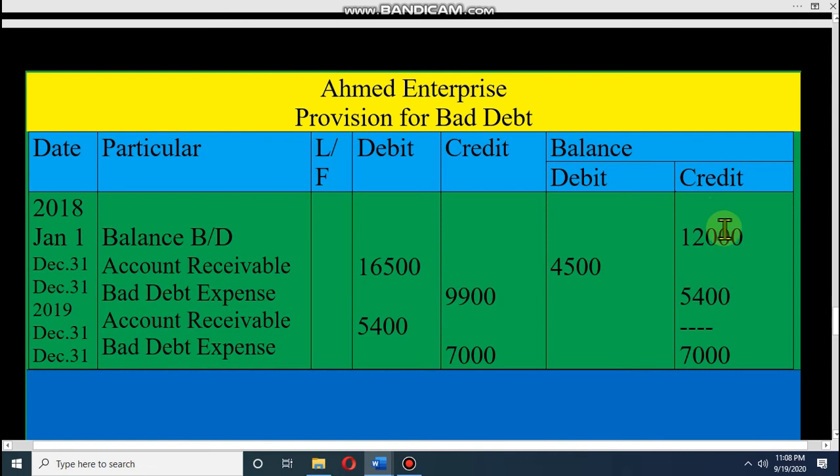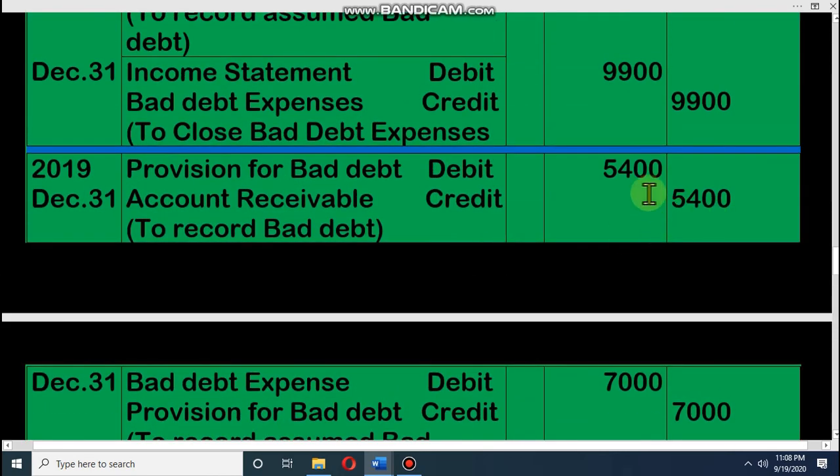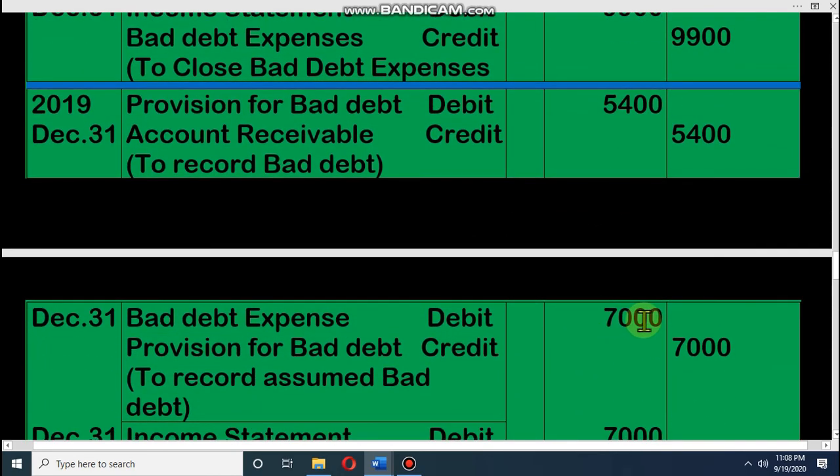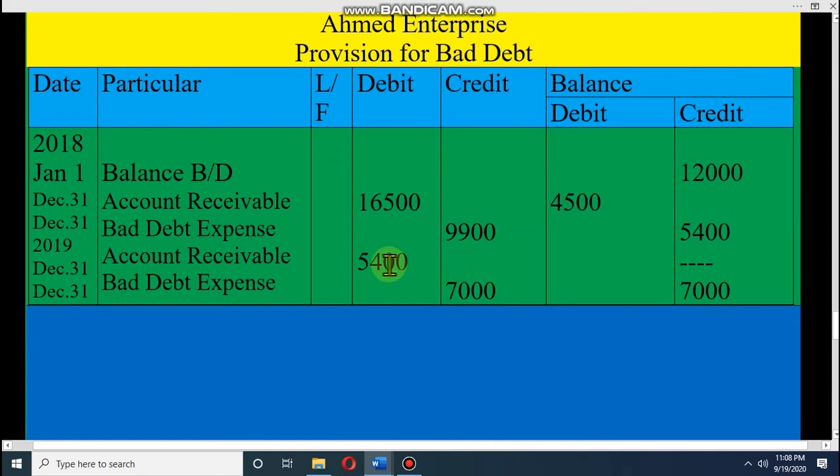Then we have to make the balance: credit total 12, debit total 16. So the difference is 4,500 on the debit side, because the debit side is greater. Then the credit balance 9,900, so the difference will be on the credit side, it is 5,400. And next year you have to start with this balance. Next year, look at provision for bad debt debit 5,400, and provision for bad debt credit 7,000. Look at the math: debit 5,400, credit 7,000. Now balancing: 5,400 debit and 5,400 credit, balance is 0, and 7,000 the balance